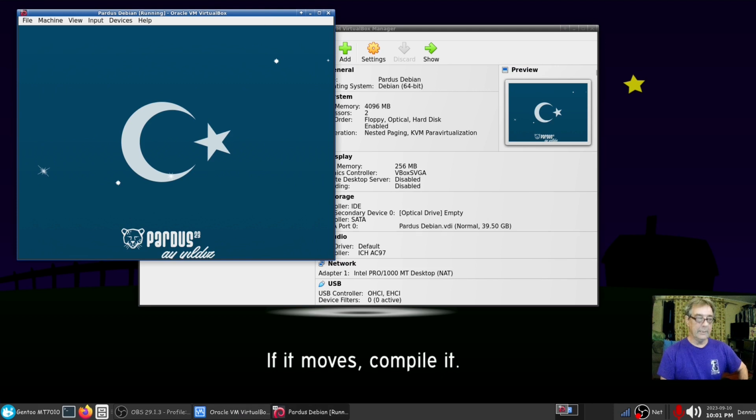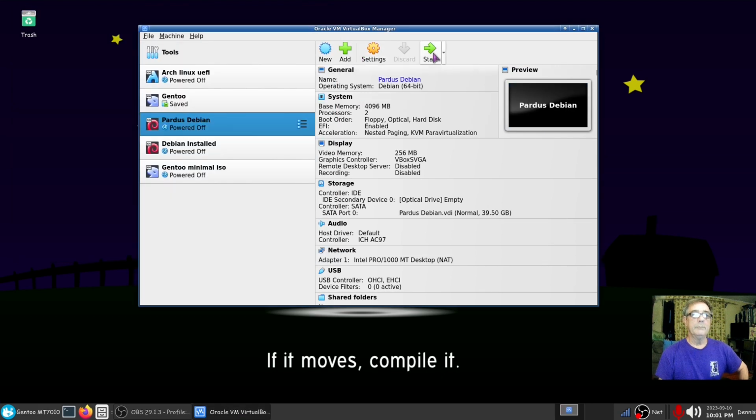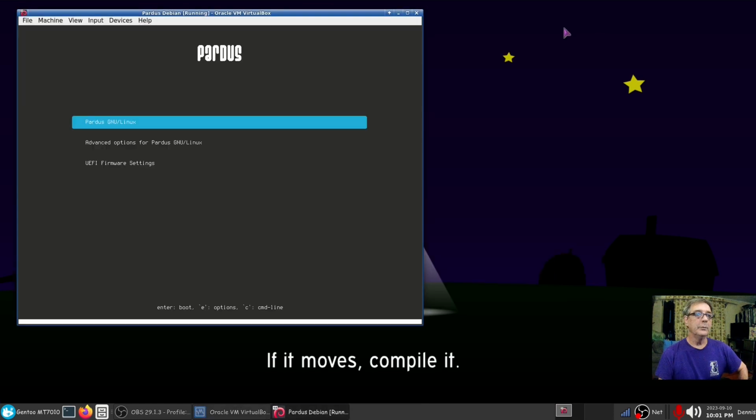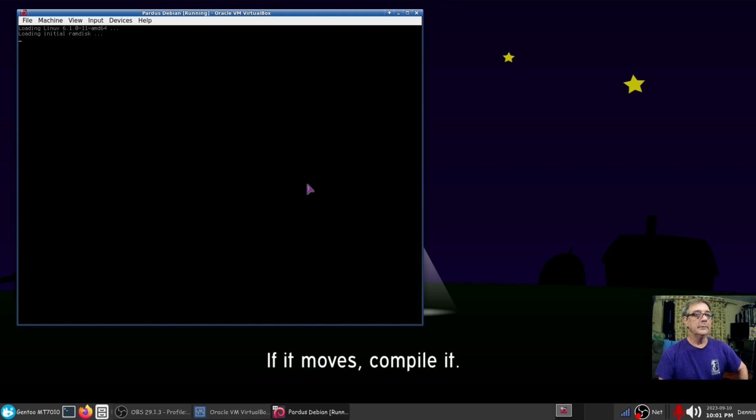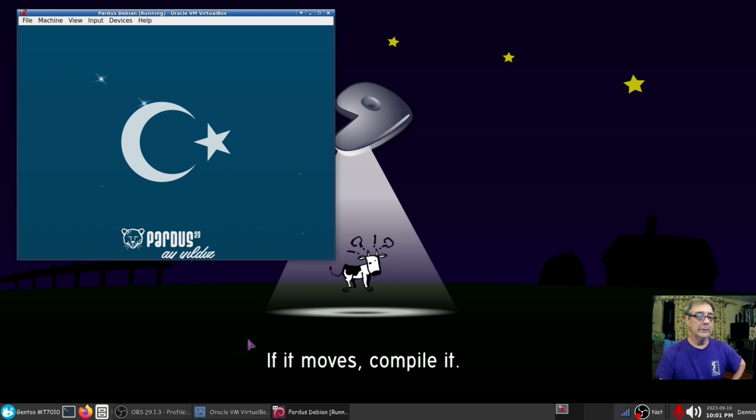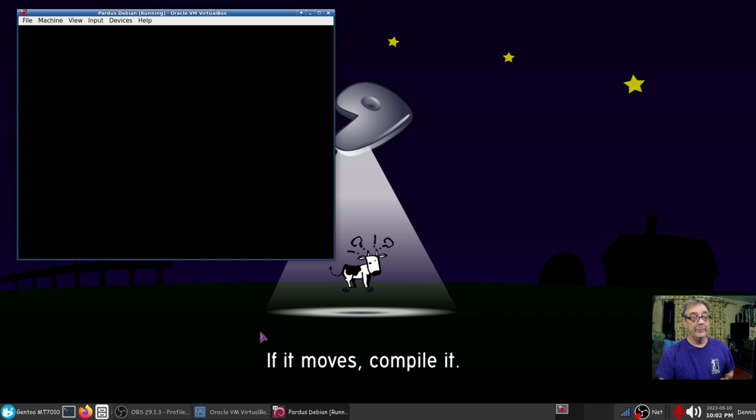Wonder if it's waiting on me to press enter. Nope. Yep. Let's start it right back up. Pardus, GNU Linux. And I won't expect it to remember the resolution. Again, I do like their animated splash screen. Based on Debian. Should be very stable. But considering Debian just had a major release, you would expect this to be at least as up to date as that. So if you're running Debian,